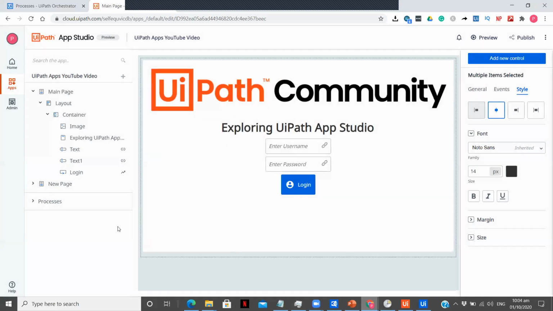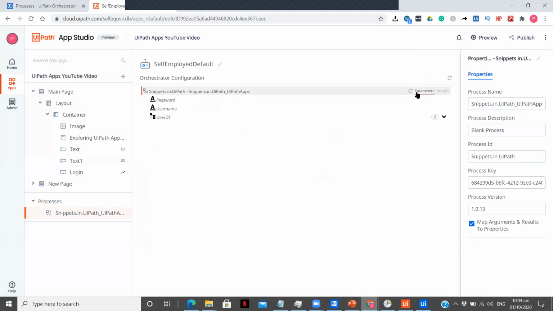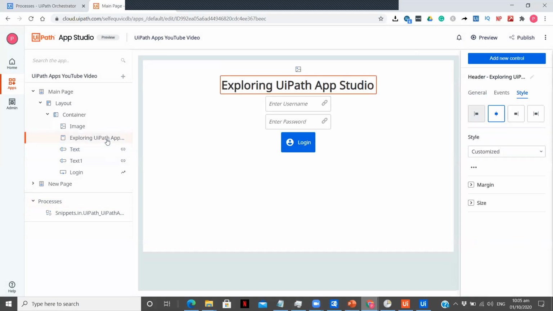Now once you click on select, you will be seeing your process over here. Now as you can see, this is my process, and the parameters we can see are username and the password, and this is the username and this is the password. Now what we are going to do is we are going to map our text field with these out arguments over here. So let me go back over here.